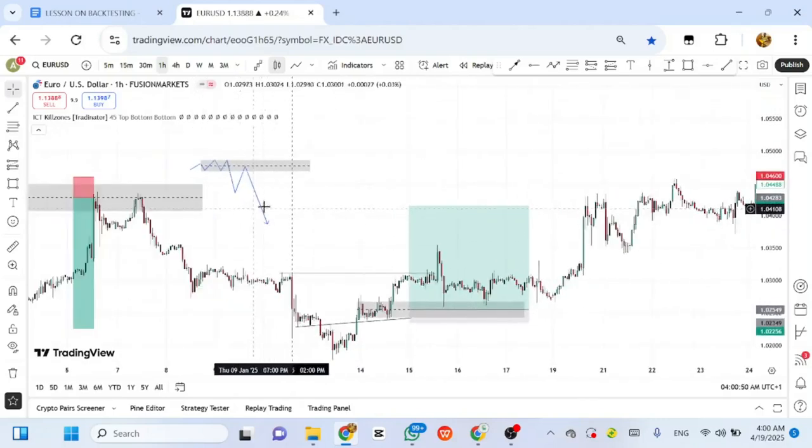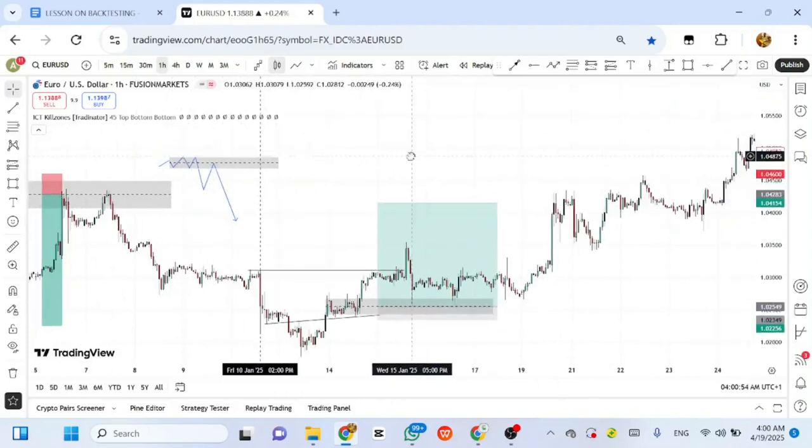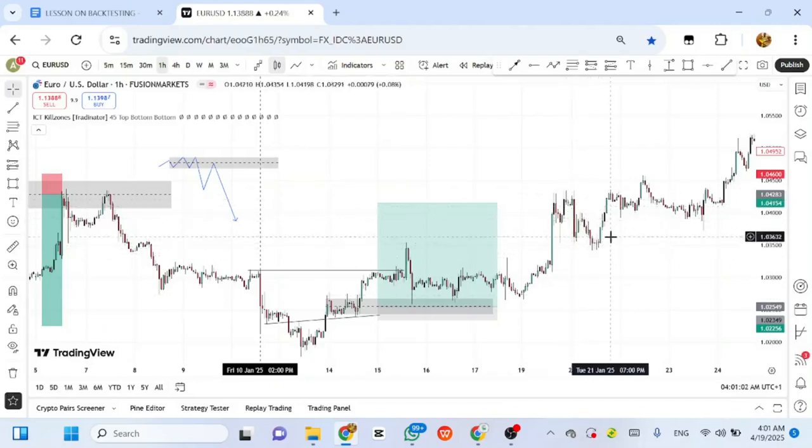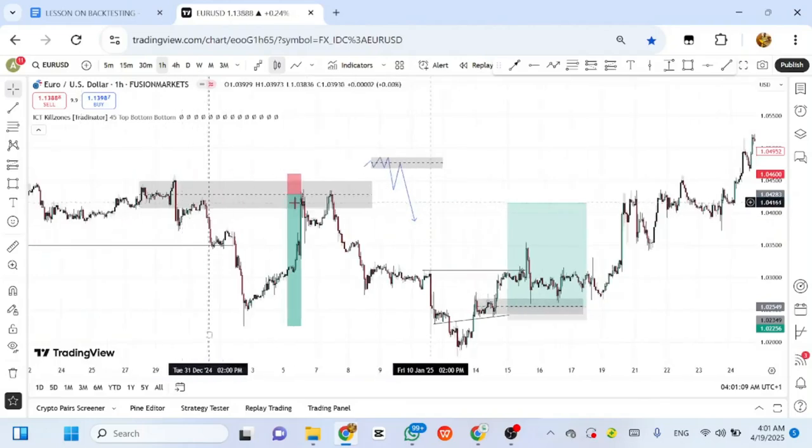Now looking at this zone I was talking about for a supply zone, you see the market will react from here. See, market reacts from here, market reacts from here, and it sold a little bit. Now if you saw this market coming back up to this point, what would you have thought? You would have thought that this zone is getting weak, because this is a zone according to price action.